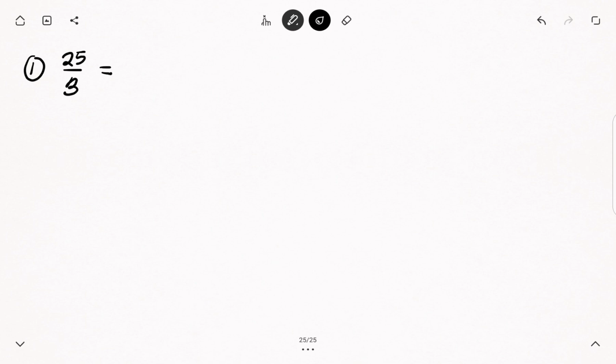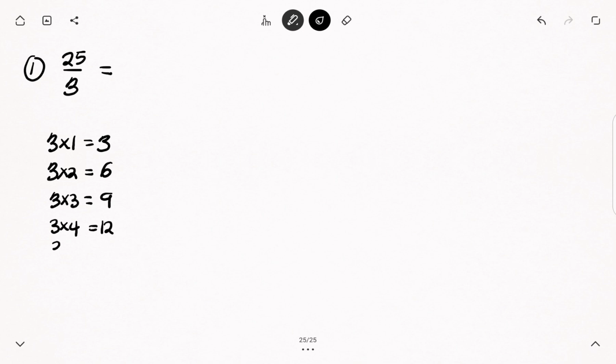So the first one I'm going to do is write the 3 times multiplication table so we can easily understand. So 3 times 1 will give me 3. 3 times 2 will give me 6. 3 by 3 is 9. 3 by 4 is 12. By 5 is 15. 3 by 6 is 18. 3 by 7 is 21. 3 by 8 is 24. And then 3 by 9